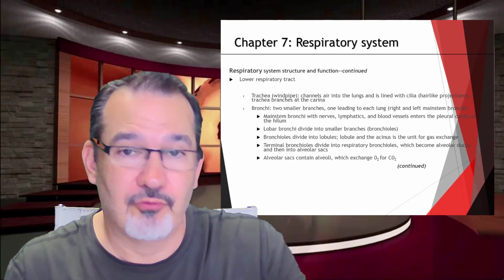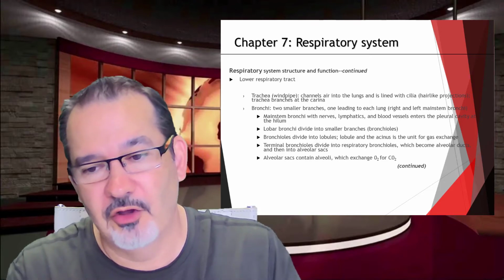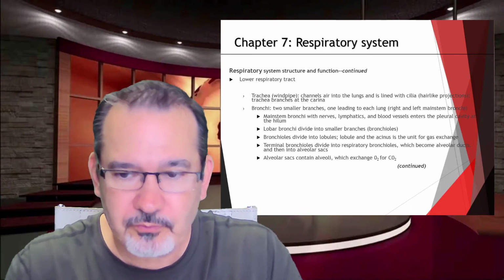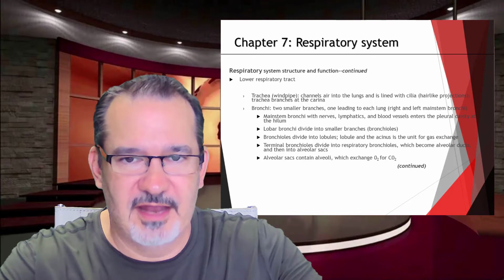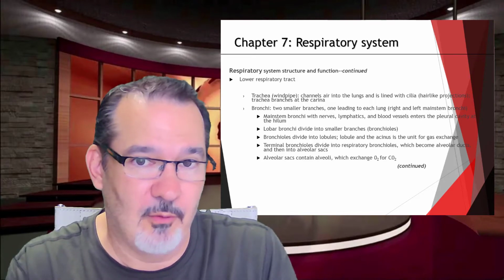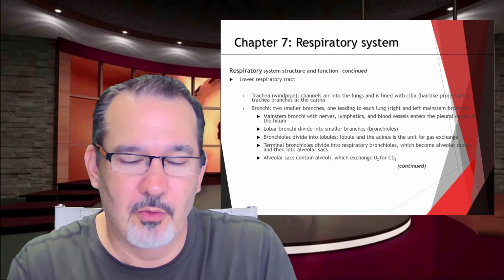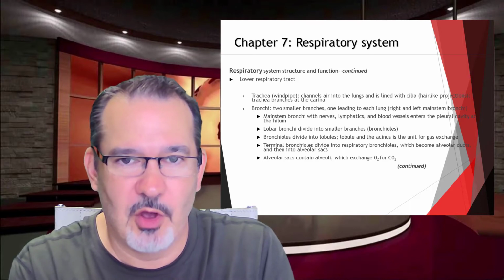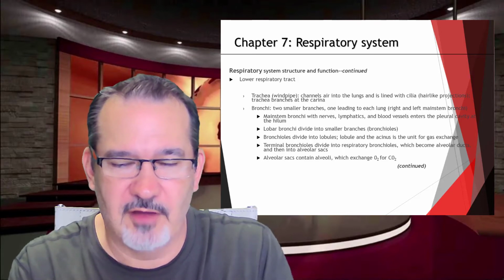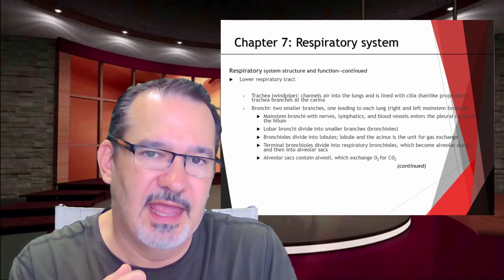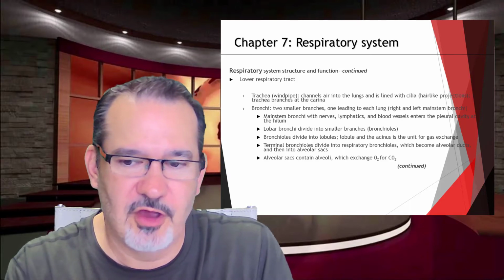So if you can remember five smaller bronchioles that branch off the bronchi, and three of those go